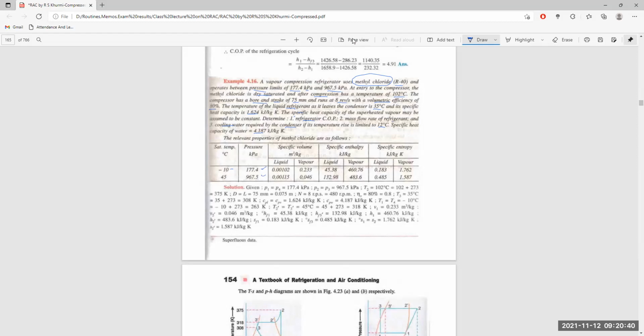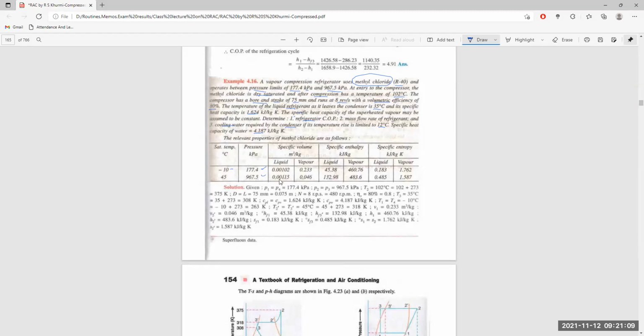I mean, the lowermost temperature of the refrigerant and the highermost temperature of the refrigerant. At T1, its specific volume is given here, and at T2, its specific volume is given here instead. So the specific volume of this refrigerant at the entrance of the expander or throttle valve is given here, which is at higher temperature.